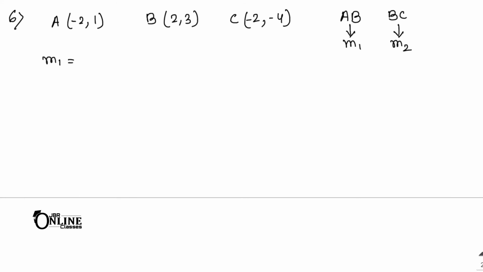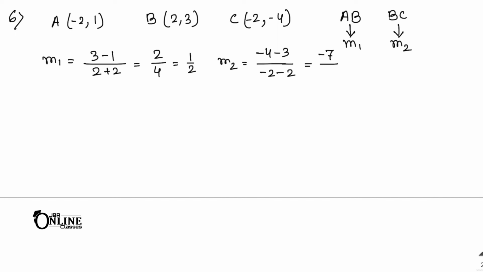So as m1 equal to 3 minus 1, then 2 plus 2. That means 2 by 4, so that equal to half. Now next one m2 equal to, as BC, so minus 4 minus 3 and minus 2, then again minus 2. So that one equal to minus 7 by minus 4, minus cancel out, it will be 7 by 4. Now you have to find out the angle between these two lines. Suppose this one theta. Theta be the acute angle. Okay, you can write down theta be the acute angle